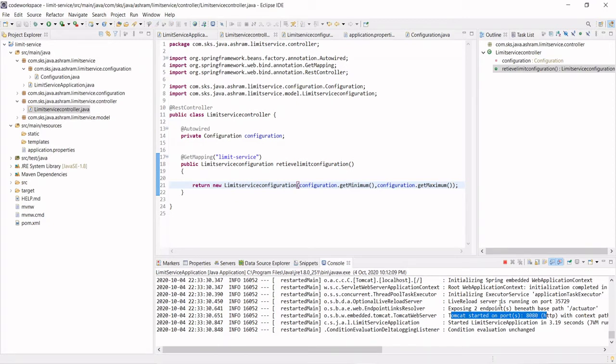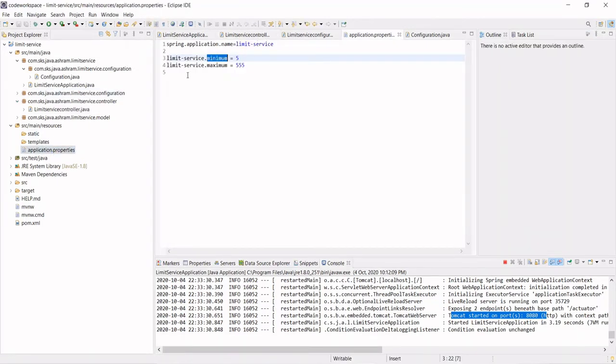Got it? So what we did, first we defined the properties file, configuration related things in application.properties. It could be database properties or any properties that we can have here. The standard way to do this is application name dot the configuration name: what is the limit of the minimum, what is the limit of the maximum that we defined here.